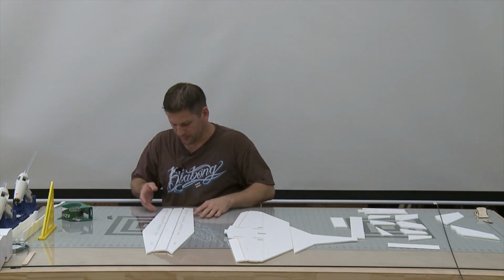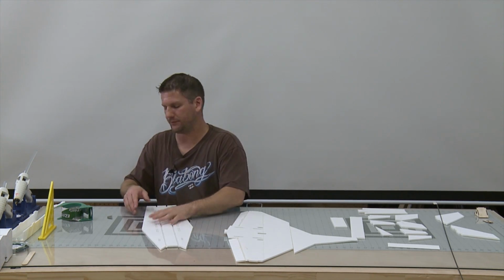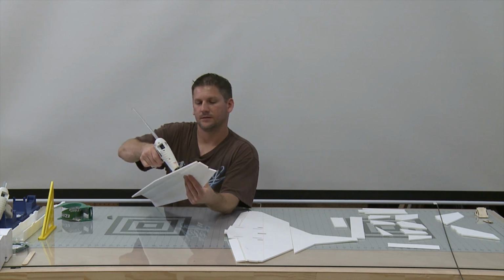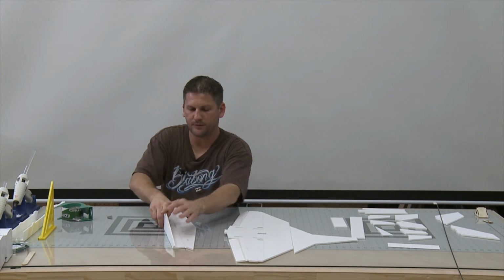Alright, so guys, I didn't mark this on the plans, but this is going to be a B-fold, which is beside the centerpiece, okay, like in FliteTest. So we're going to put our glue towards the center section for extra strength. All right, and so we're going to put it up into the B fold here,